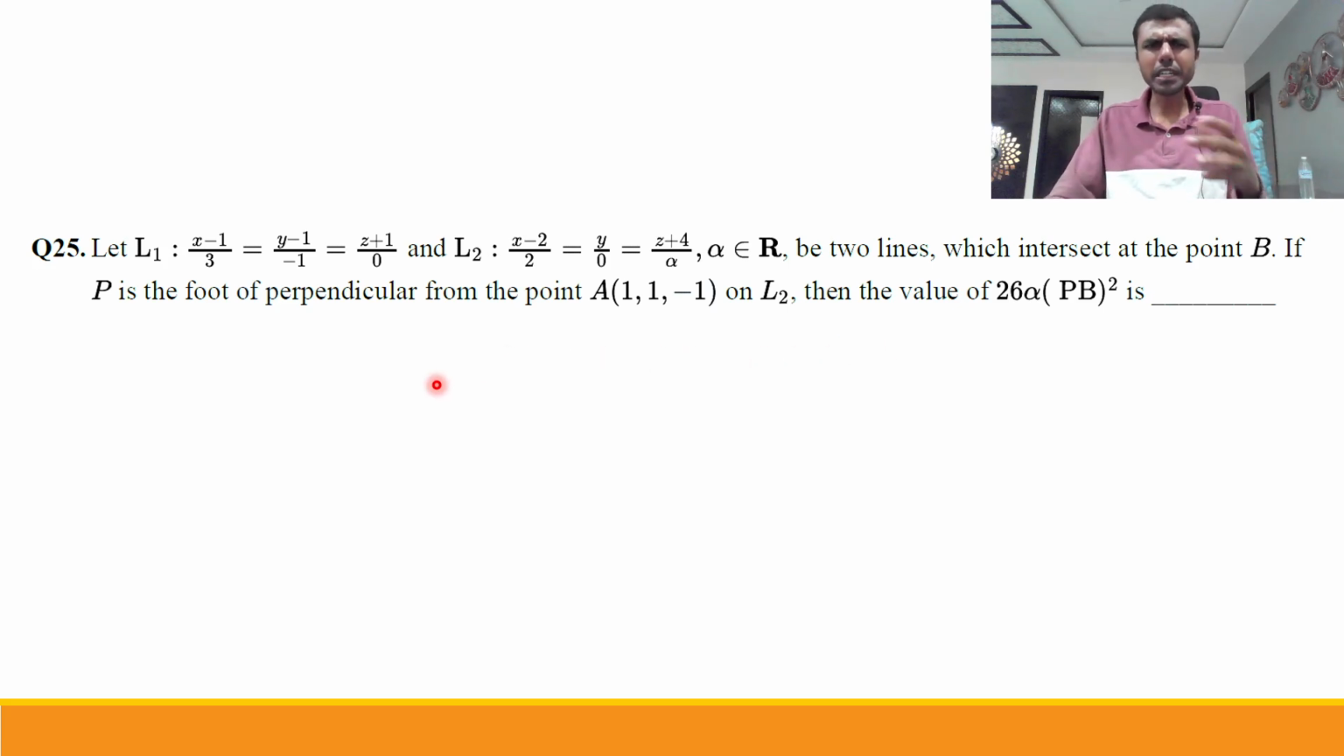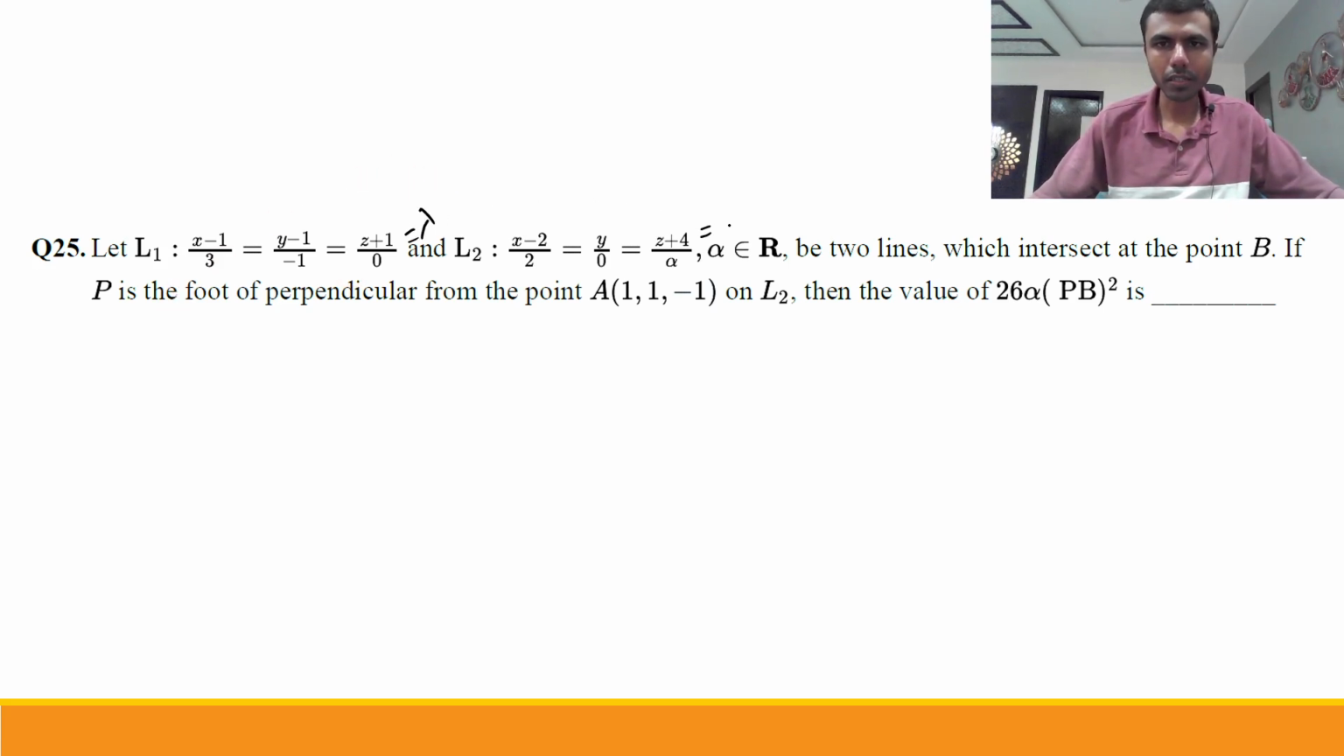Straight away question from 3D geometry. Like you see, point of intersection of lines, foot of perpendicular, straight away question from 3D geometry. Now, how to find out the point of intersection? Take the first one as lambda, take the next one as mu. Then any point on L1 is given by,